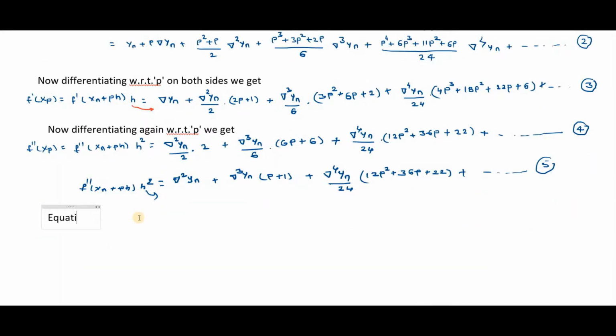Equation 3 and 5 can also be written as follows. From equation 3, you can transpose this h to the right hand side. If you transpose h to the right hand side, then I will write f dash of xn plus ph. You have to transpose h to the right hand side so that you will get 1 divided